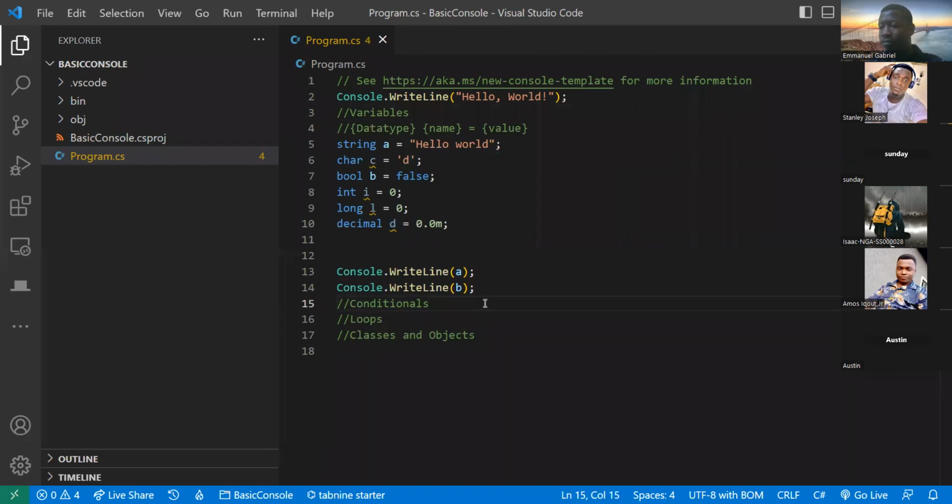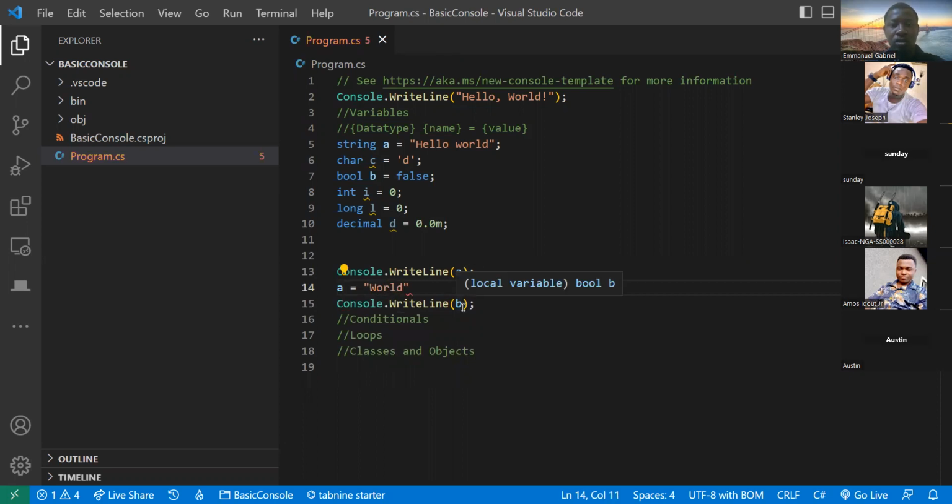Okay. I just want to ask, for example, that variable you created, string A that has the value hello. If we want to reassign that variable without changing it from the bucket, how do we do that? Yeah, you can do that. You can reassign a variable to have a different value, right? But in this case, you don't need to say string A again. All you need to do is just do A equals world,